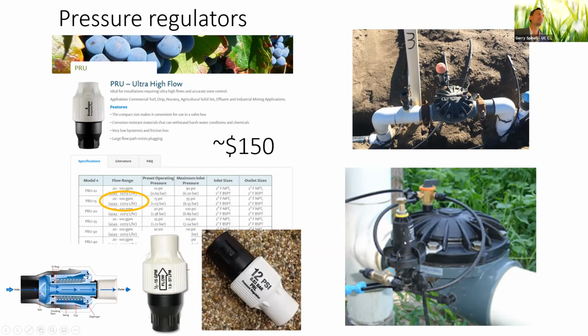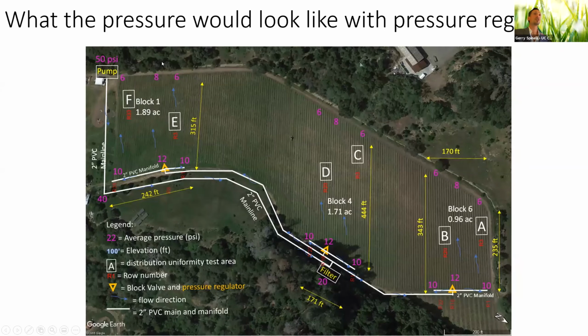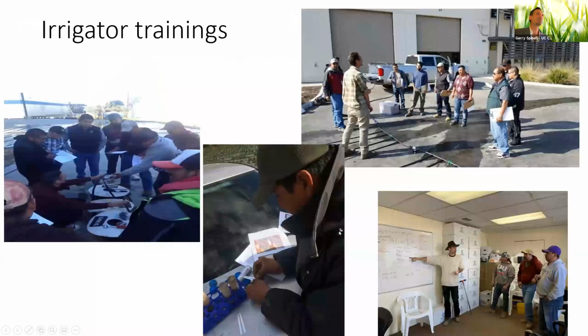But here you have a pilot. This thing is called a pilot valve, and you can go there manually and adjust, and you can get the downstream pressure that you want. So what would that field that we looked at before look like if we installed pressure regulators? These orange triangles here are pressure regulators. Now, downstream, we always get 12 psi. So now you can see that the pressures are a lot more even throughout the field, and the distribution uniformity is a lot more even just by installing these 3 devices at each block.